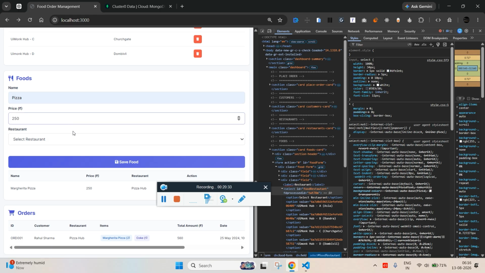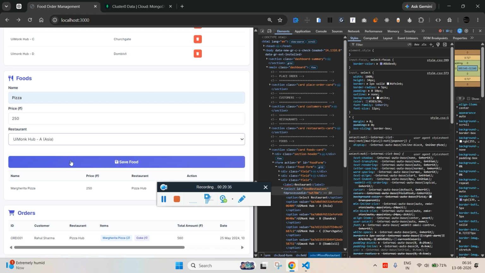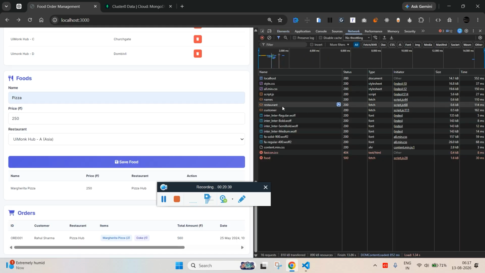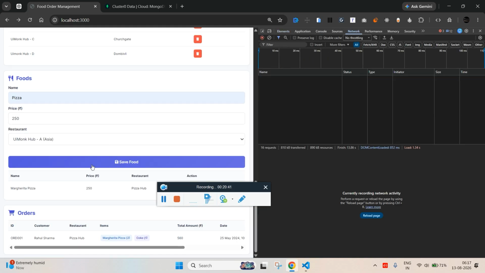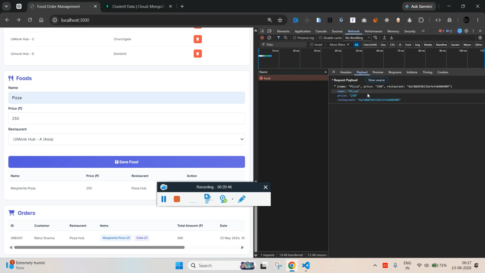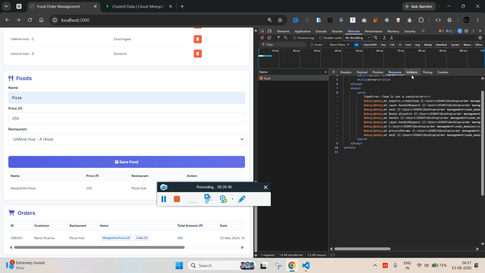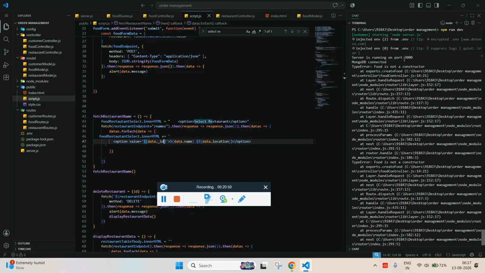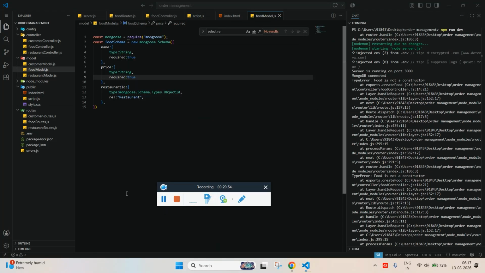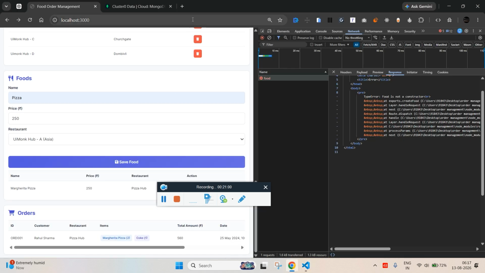250 rupees from UI Monk Asia. Click on save, and in the network tab, if I click save, we're getting the error. That's okay. And the response, you should also get the response over here. It is because we are not exporting the module. So module.export. Now let's try again